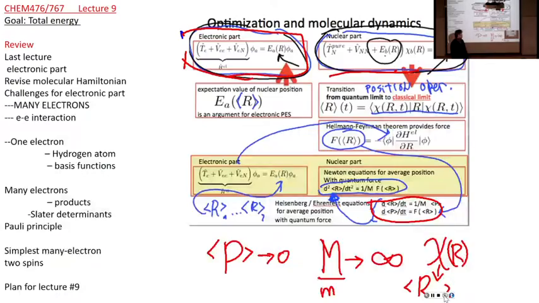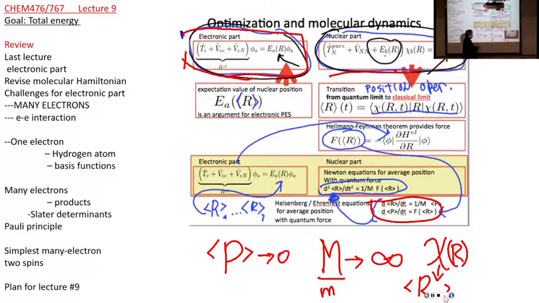As a major outcome of our chapter 1, we were able to separate nuclear and electronic degrees of freedom. For electronic degrees of freedom, we have 3 terms in the Hamiltonian: electronic kinetic energy, electron repulsion, and attraction of electrons to nucleus. And for nuclear degrees of freedom, we formed